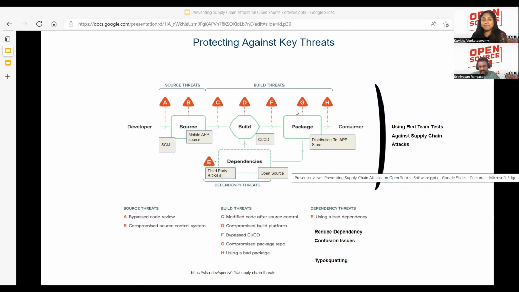The attacks that could happen on this particular pipeline are basically because of dependency confusion issues and typo squatting. So what do we say about dependency confusion issues? Assuming it's a company like Yahoo, they are developing some internal components for their own local development, and an external attacker creates some packages in the name of Yahoo.